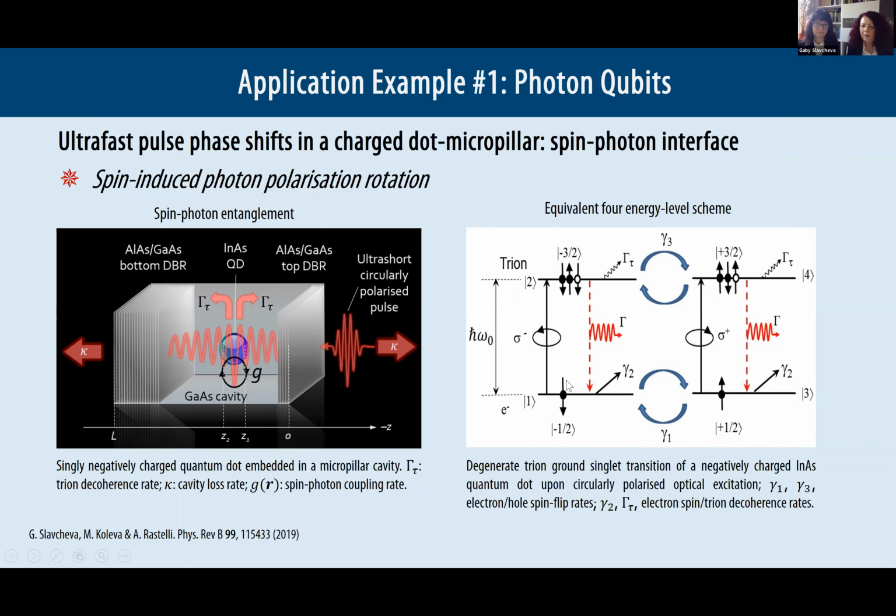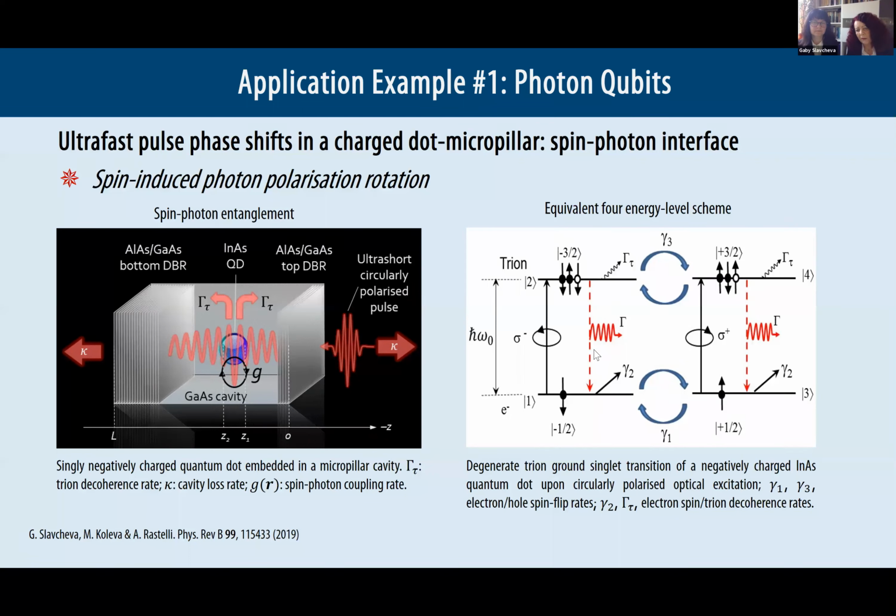For example, the electron can be either in spin down or spin up state, and these relaxation processes mean that the spin can flip between these levels, from spin down to spin up, due to hyperfine interaction with the nuclear spins. The top levels can also experience spin flip processes for the hole, however, in the 3-particle state, which is the trion. This hole spin can flip due to phonon-assisted processes. So we can account for all these dynamics.